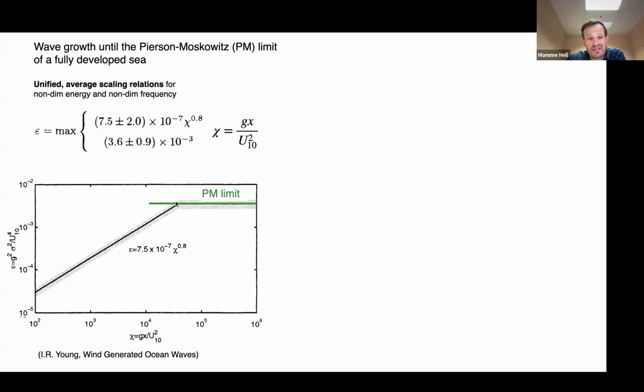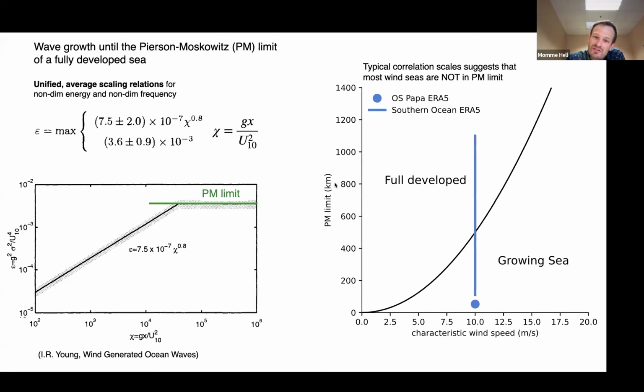However, there's a point in the non-dimensional fetch where waves don't grow anymore. They're just a function of wind speed alone, because that's the only variable that's left. And that's the second line here in this piecewise equation. You can equate these two things, and then you can back out the scale for a given wind speed. That's what I mean. And this is the first of two arguments why winds and waves are actually